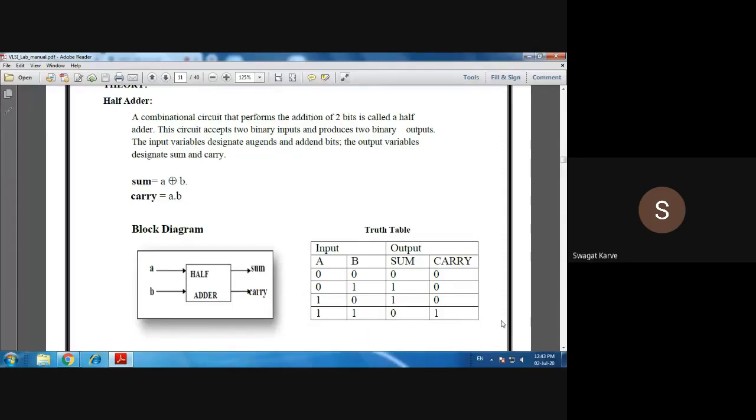now in this unit we are going to apply it, writing VHDL code for different sequential and combinational logic.